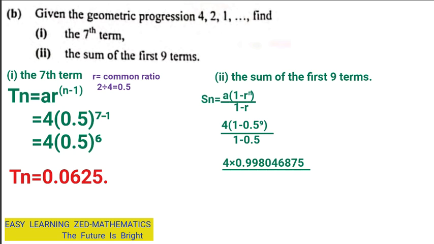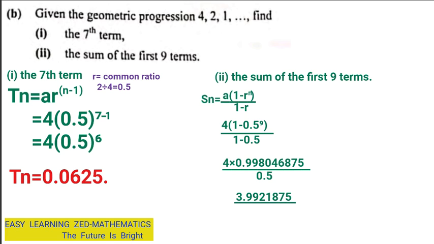1 minus 0.5 will give us 0.5. Okay, once I've done that, I'm going to find out the value of 4 times 0.998046875. So when you punch that in your calculator, I'm sure it should give you something like this one. So you get the answer, which is 3.9921875, which will be divided by